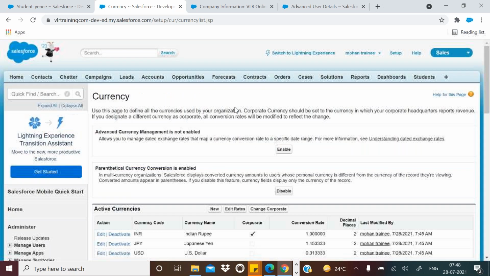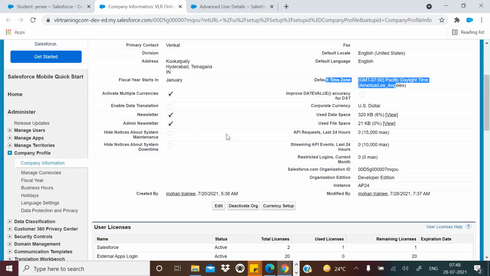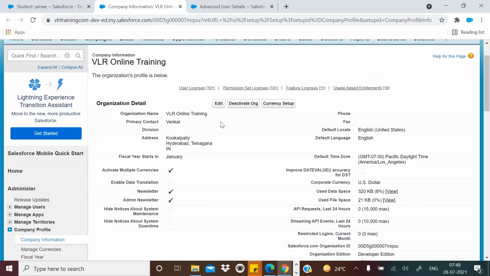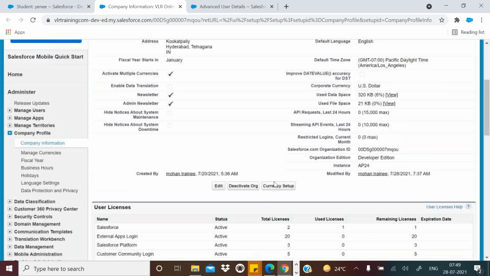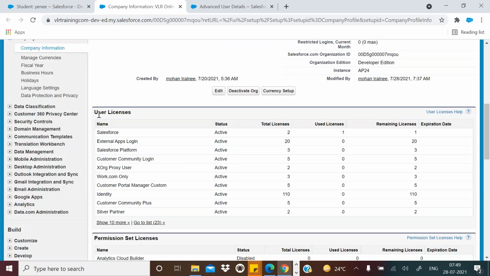Okay guys, so now we have seen this, right? Go to company information. Next, let's see, if you go to a project in real time. But the first time, go to company information, check your organization name and all these things, whatever I told right now, multiple currencies, all these things.